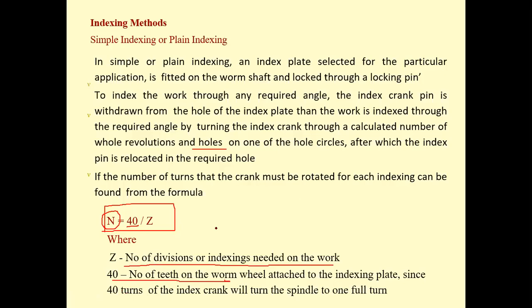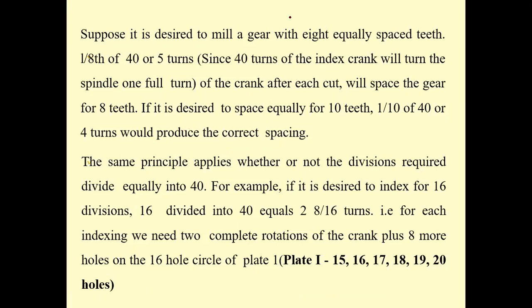So what simple thing is happening in this? Suppose we want to mill a gear with 8 equally spaced teeth. In this circle you need to divide into 8 equal parts. Maybe we are dividing here. It's simple geometry. So these 8 equal parts are divided, right? At each part you need to cut the material, like this, you need to make the cuts. So you need to divide this complete blank, the gear blank, into 8 parts, and at each part you need to cut one slot.